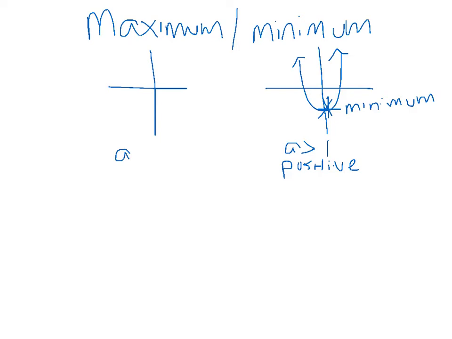When a is less than 0, I wrote a 1 over there. When a is negative, when you have a negative x squared, then your graph is reflected, so it opens down, which means your vertex is up at the top. This would be your maximum. The maximum or minimum value is the y value of that vertex point,